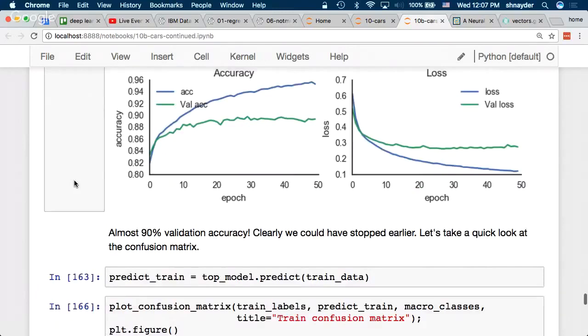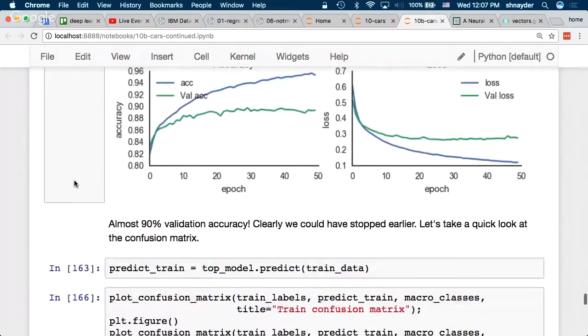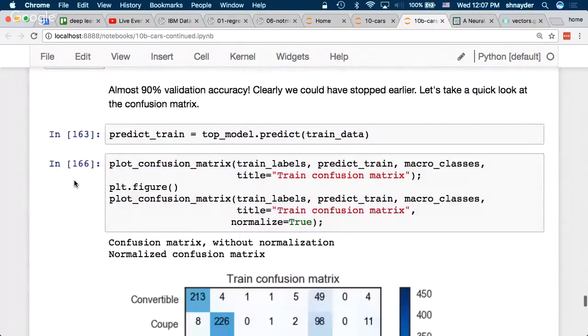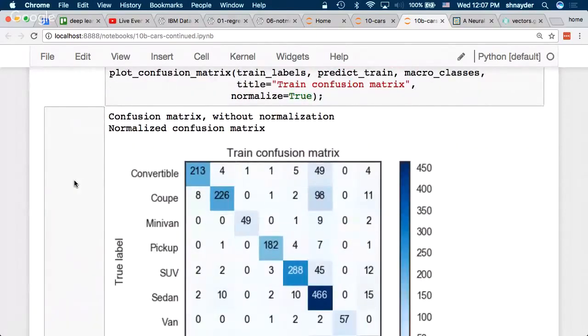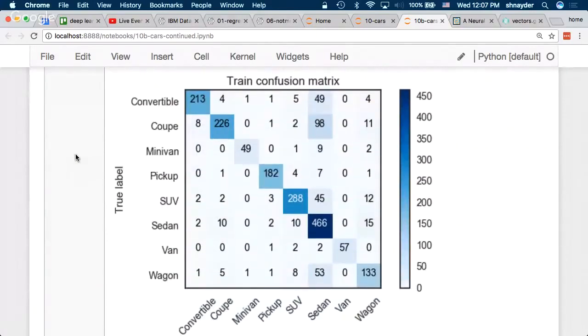Okay, so yeah, ImageNet. It's a great way to cheat. 8 classes, 90% accuracy, with really not much work on my part so far, right? You can look at the confusion matrix again. Now it's much more diagonal, and we like that. It's still confusing convertibles and coupes for sedans a fair amount of the time. And I guess wagons for sedans as well. That may be due to the fact that it's just a hard problem. And it also may be due to the fact that the classes are unbalanced.